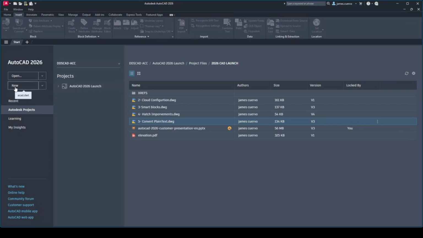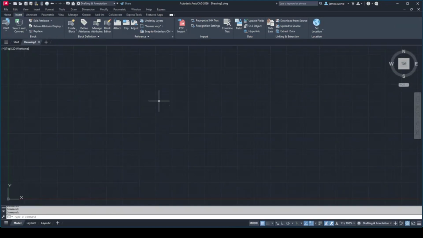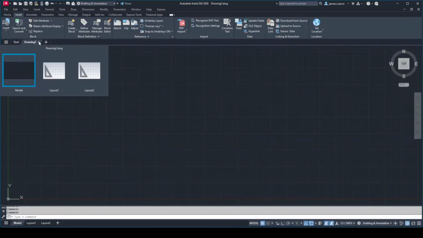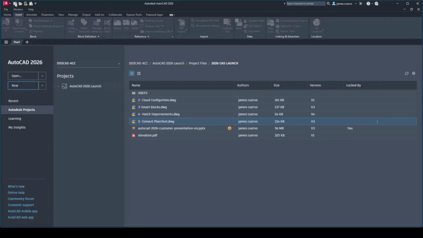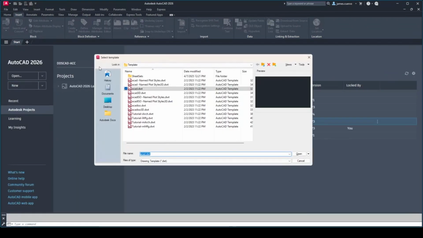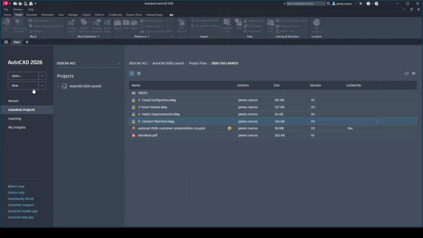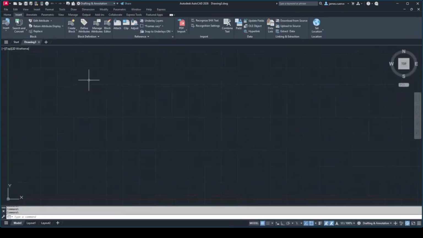So we'll go ahead and say new here, and you'll notice that it gives us no dialog box. You see that? So let's say, for example, what happens if we go to new up here? The only thing that it actually allows us to do is to select the template that we're going to be using. Okay, so the question really becomes now is how do we actually switch this over to have that dialog box? Well, the first thing we need to do is invoke the startup variable